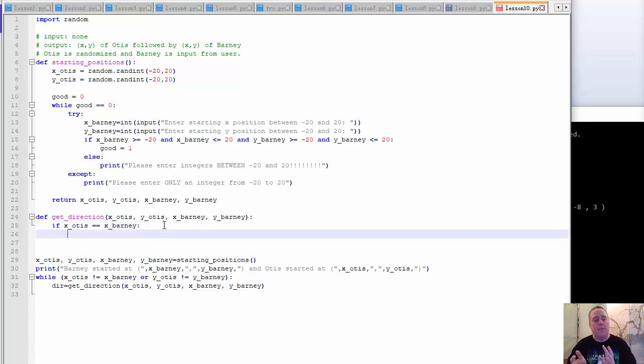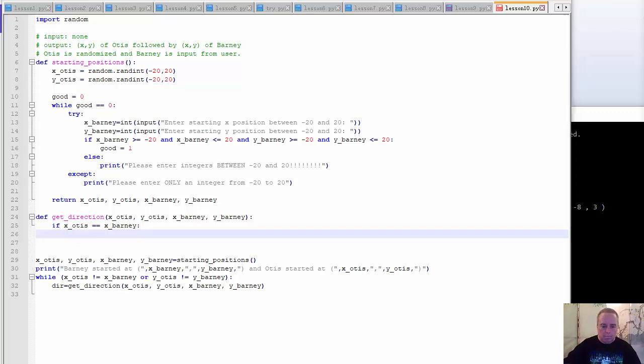Now, we don't need to worry about checking if y Otis is equal to y Barney now, because we've already checked it here. That's what this does. Because if they were both equal, we've already found them. So if x Otis is equal to x Barney, now what we're going to do,